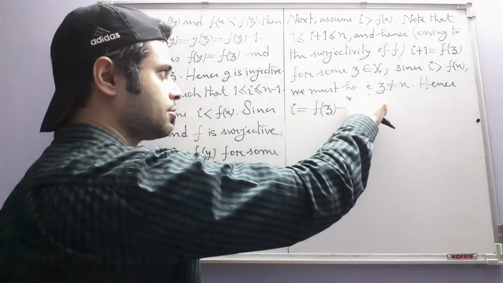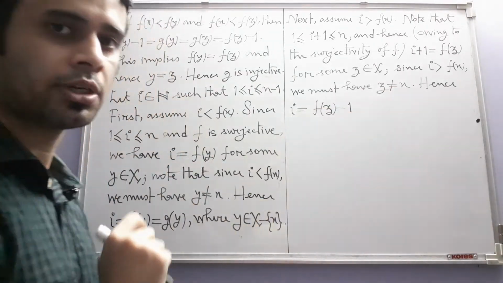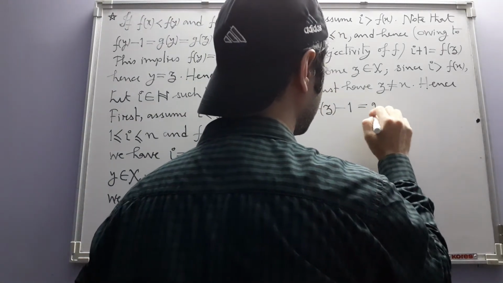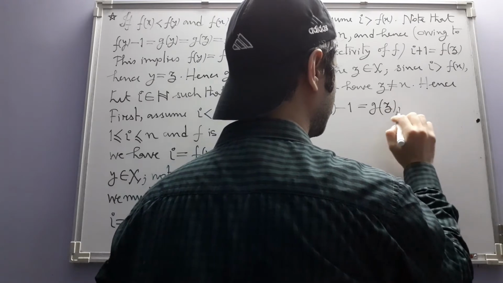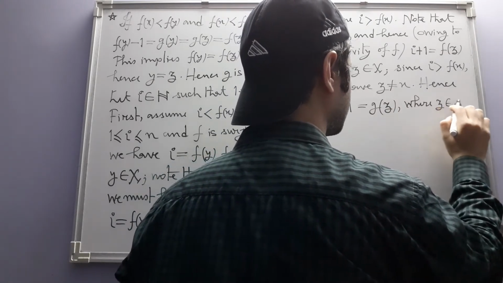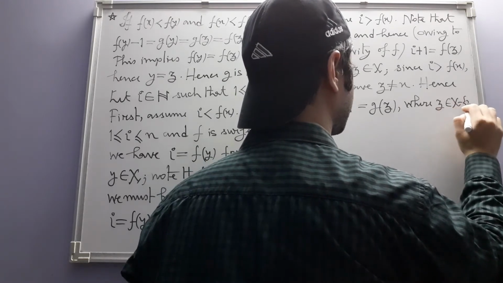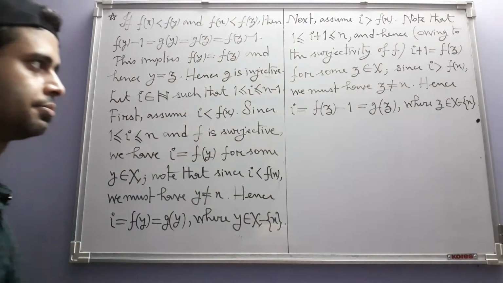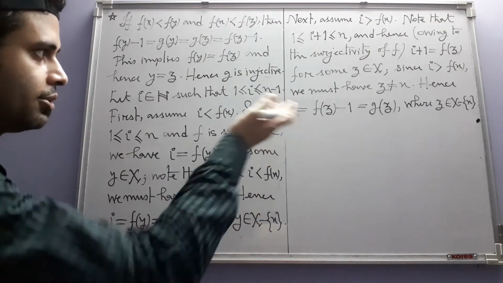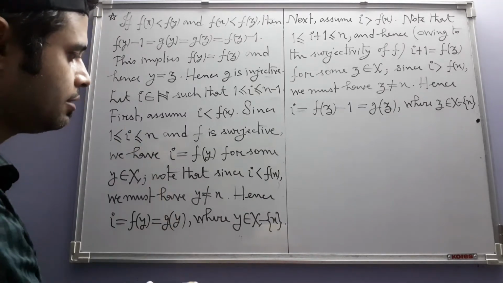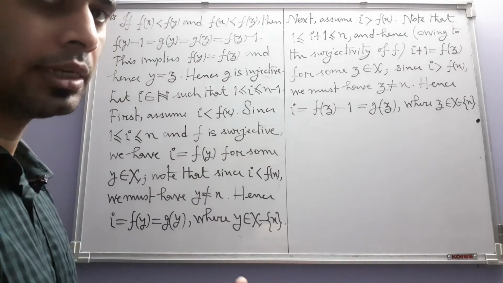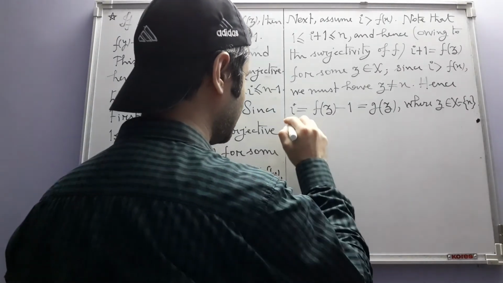Additionally, z is not only coming from x but is not equal to x. So from the definition of g, this is equal to g of z, where z belongs to x minus x, because f of z is greater than fx. So from the definition of g we get this. So again here in this case also we have realized I as a g image of some element in its domain.